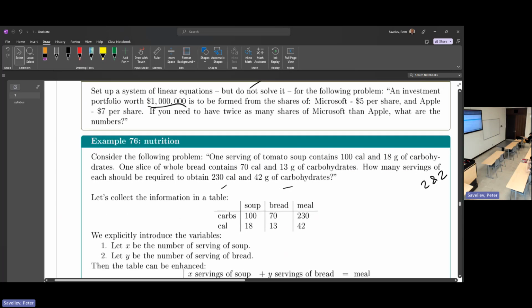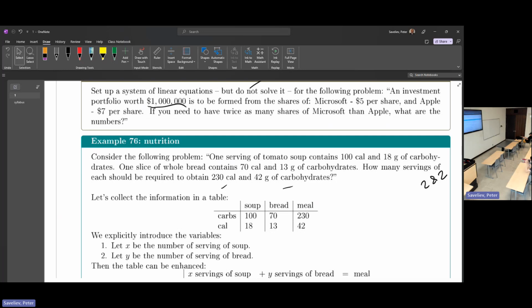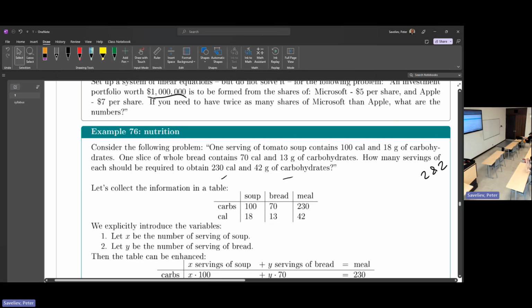Okay, so the table is, once again, two ingredients, carbs and calories, and the actual ingredients would be soup and bread, and the two things about them we pay attention to are carbs and calories. So what we want, the meal on the right, is made of these two parts, with the two quantities being tracked. Okay, so once again, the dictionary: x is the number of servings of soup, y is the number of servings of bread, and then we start rewriting those sentences